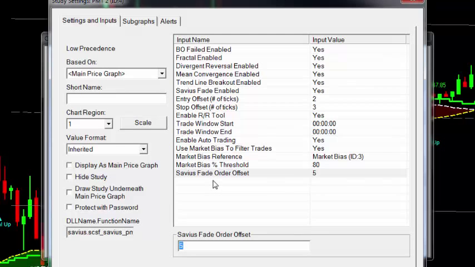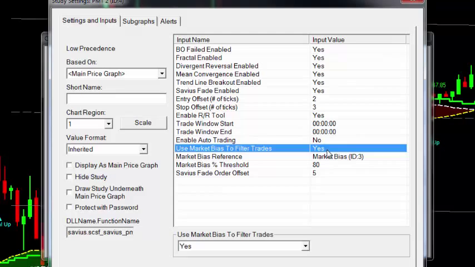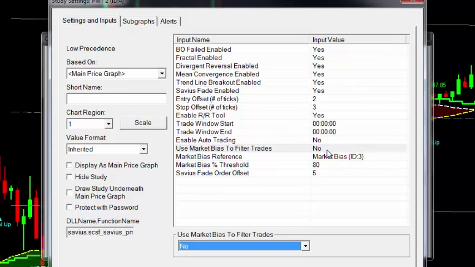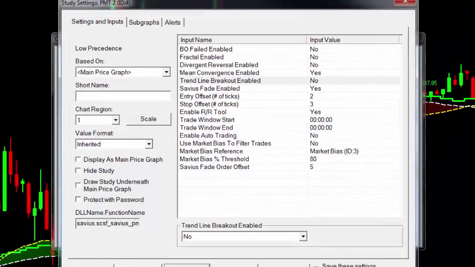The last option, the SAVIUS fade order offset, as we will see shortly, just refers to the sensitivity of the fade entries. For now we're going to turn off the auto trading and the market bias, and we're going to start looking into the fade entries. So for the fade entries to work, you're going to have to enable the mean conversions and the SAVIUS fade. We click on apply